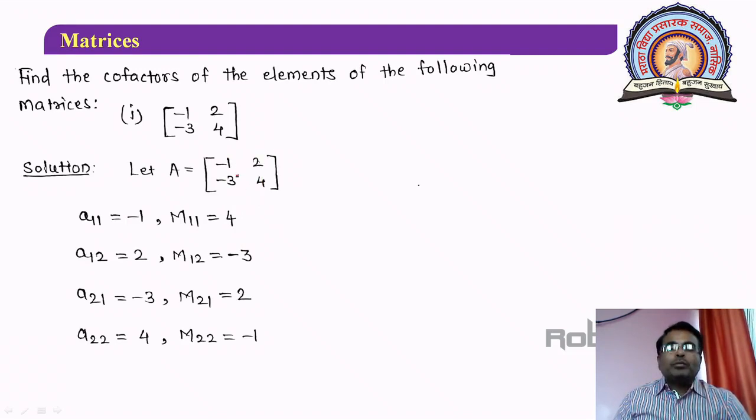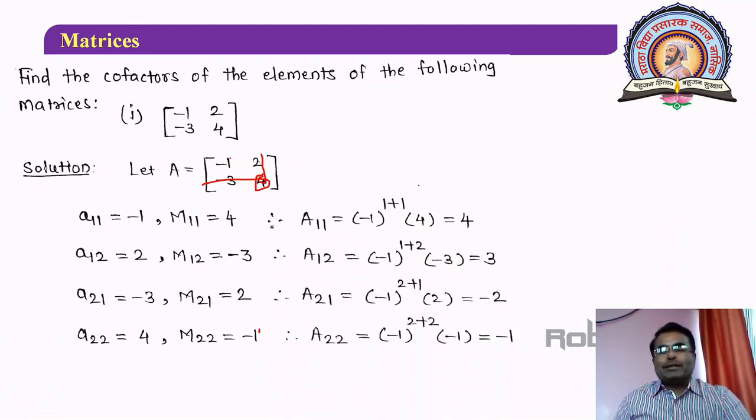Then to obtain the minor of this, you have to delete this column and this row. So, 2 is the minor. And for obtaining the minor of this element, you have to delete the last row and last column. Minus 1 is your required minor. Once you get these minors along with the appropriate sign, they will give you cofactors like this.